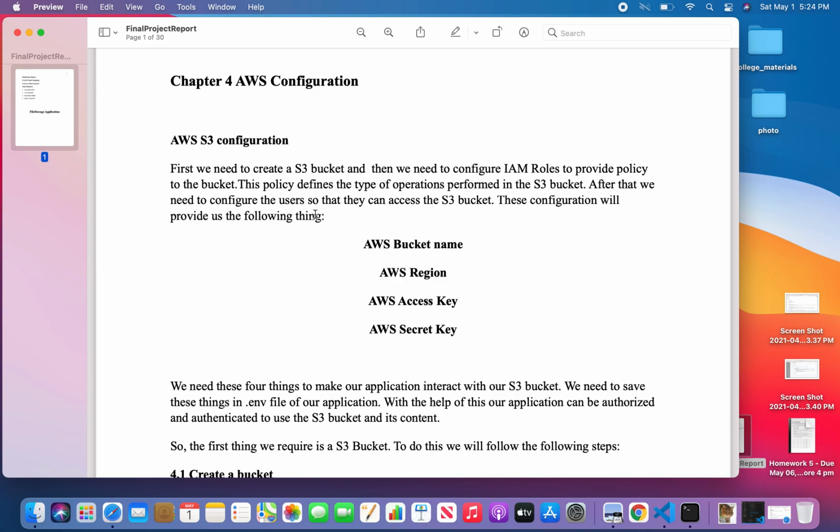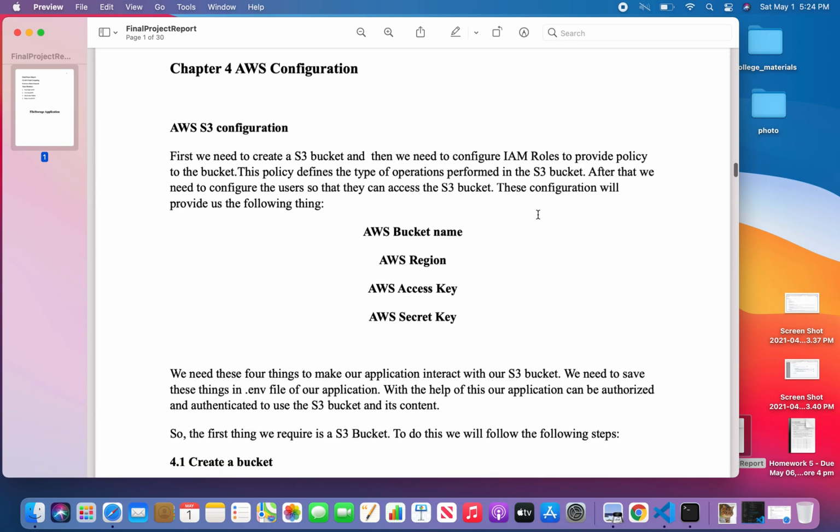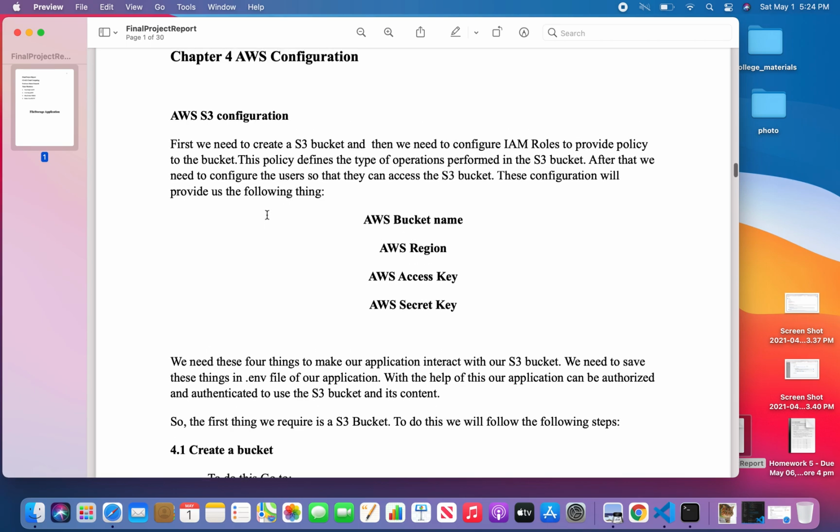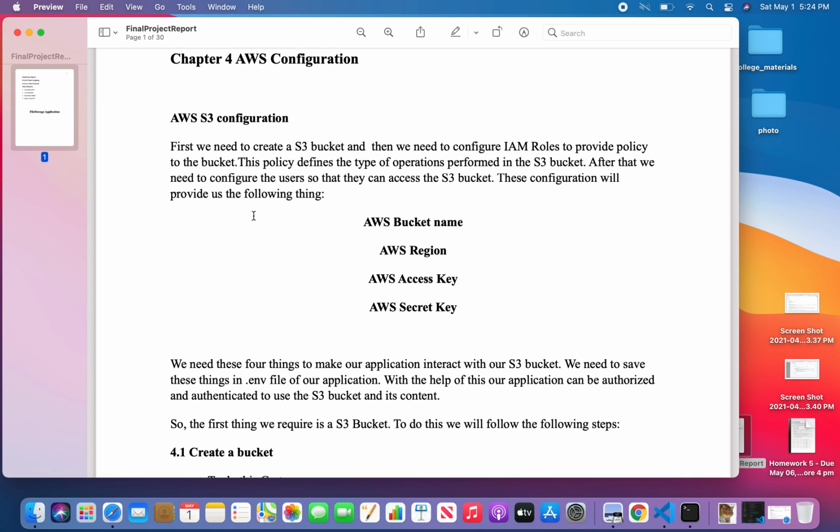First we need to configure the S3 bucket part, and after creating a bucket, we need to create an IAM role. This IAM role will provide the policy for the bucket. For the policy we will configure who the users are that are going to use our S3 bucket.